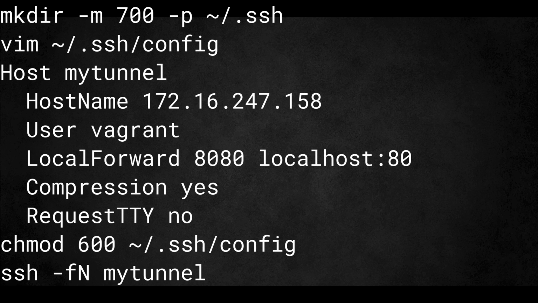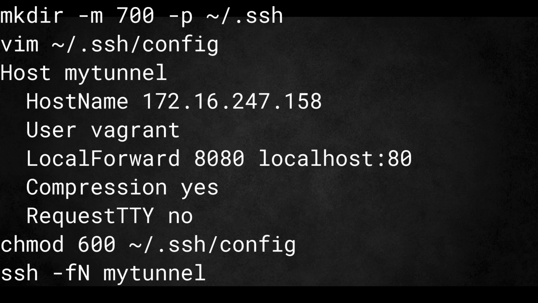We can then create a config file within that subdirectory, defining a host called mytunnel, setting the correct host name, the correct username, setting our port forwarding, allowing compression if we need it, and specifying that we don't need a terminal.